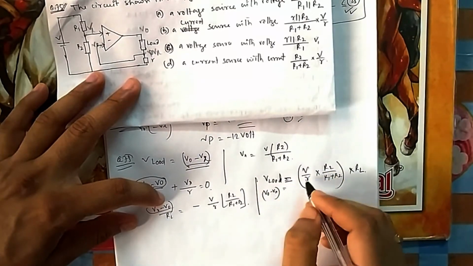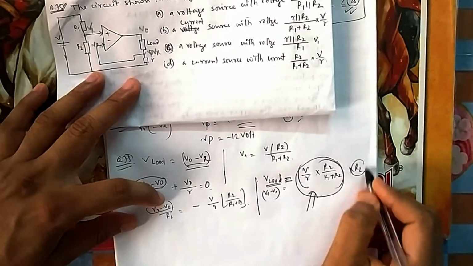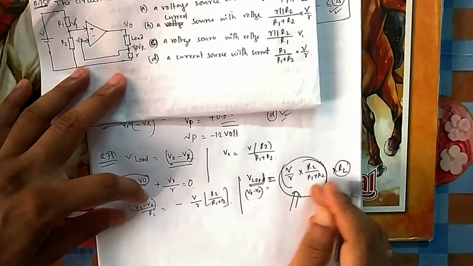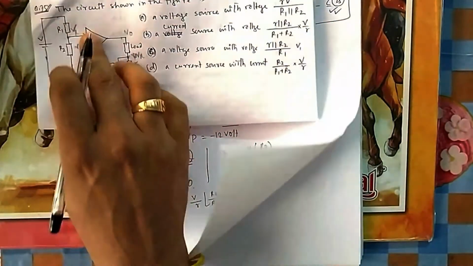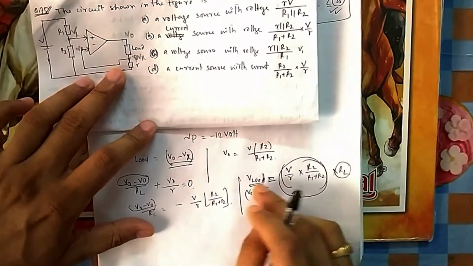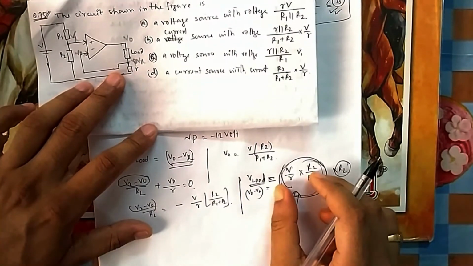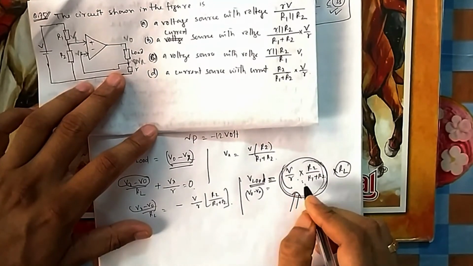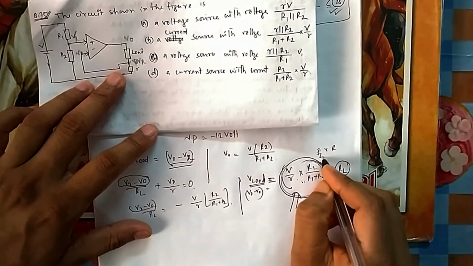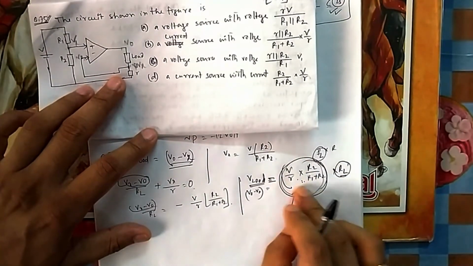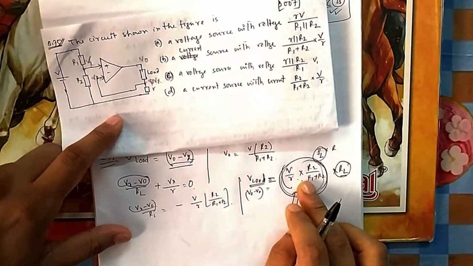V load is getting something of this voltage. You can see this is the amount it is getting from the op-amp, and this is its resistance. So what does it look like? It is getting some current, and that is multiplied. So from the circuit, the voltage across the load is this much. What is this much? Is this current or voltage? This is current, because this into R, which is I into R, will give you the voltage. That means this is the load current. So the load is getting a current of this value. This is a fixed current. This will not change because the input is not changing and all are fixed.